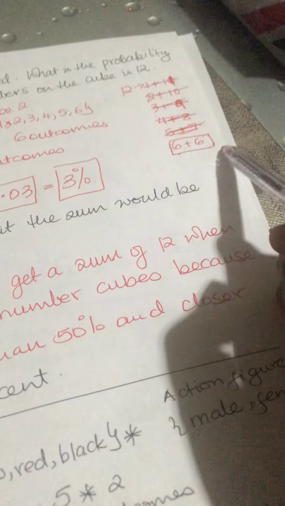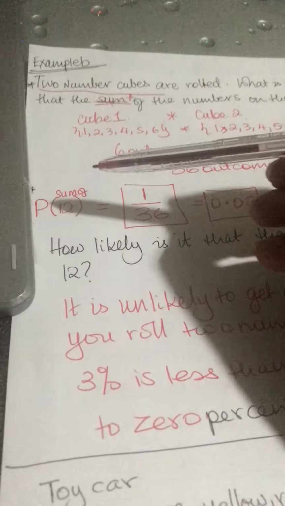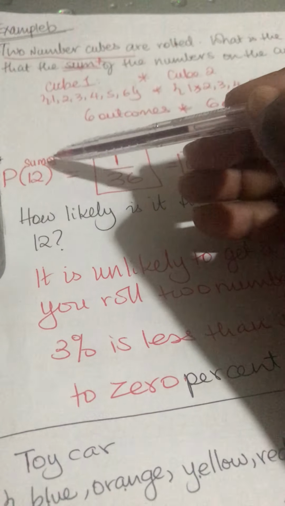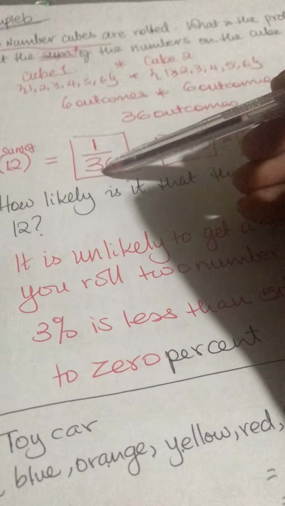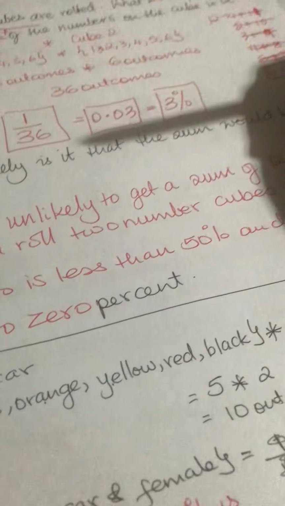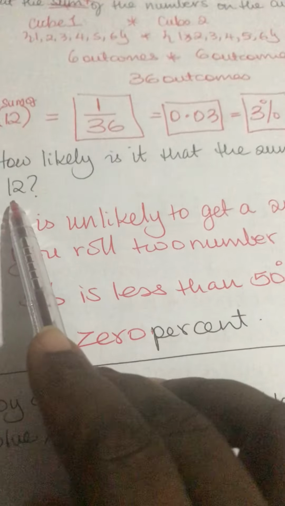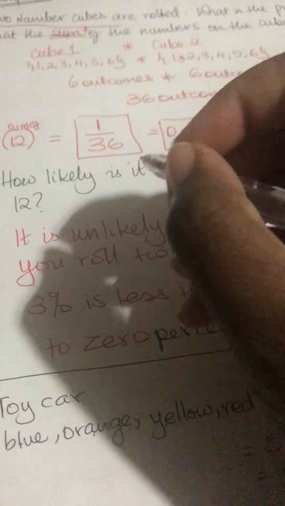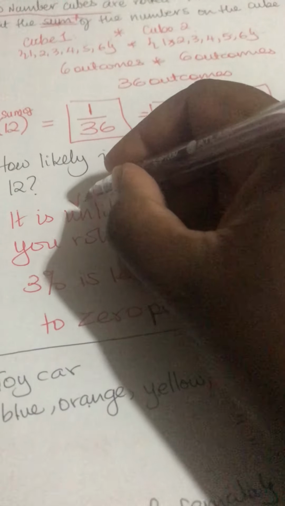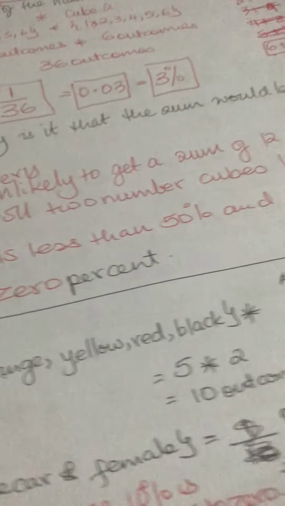So how many do I need? One of them. I only can get one if I use my number cube. So that's what I wrote. So the probability of getting the sum of 12 is 1 out of 36. I change 1 out of 36 to a decimal and then a percent. Then I answer the question, how likely is it that the sum would be 12? It is very unlikely. I think the keyword there should be very. Very unlikely. It is very unlikely to get a sum of 12 when you roll two number cubes